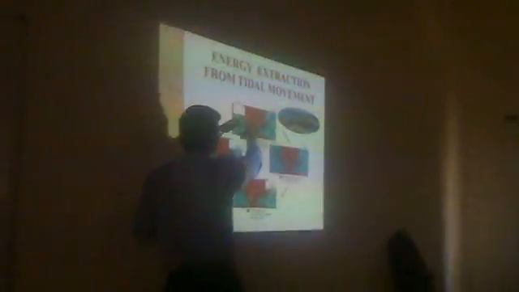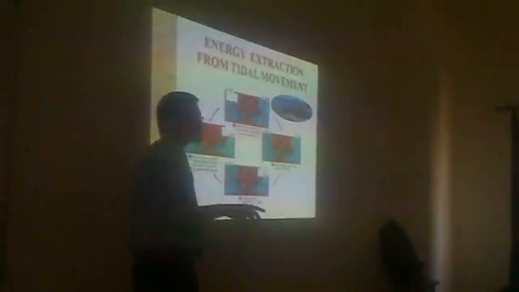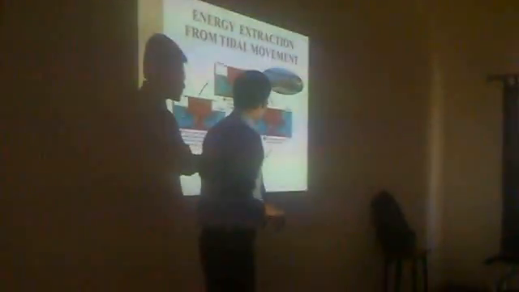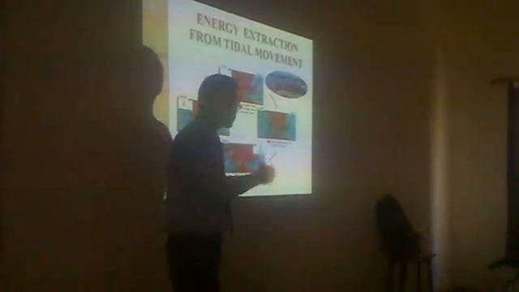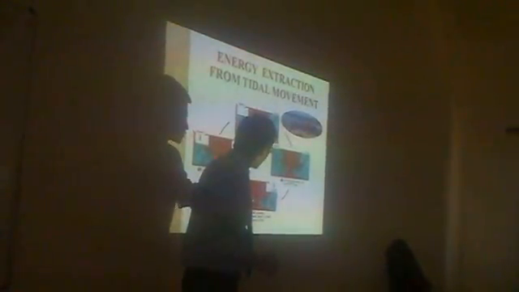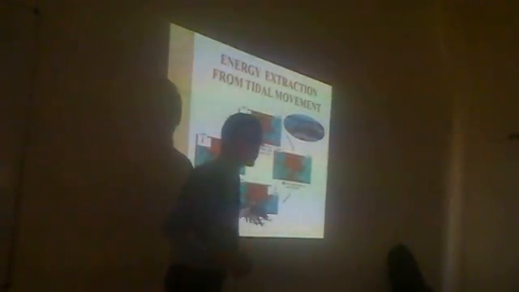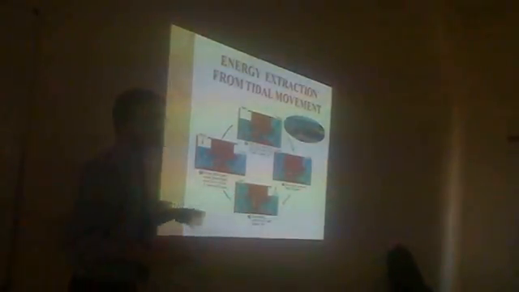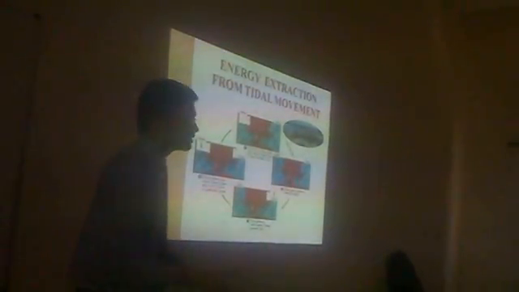Now, when the tides approach, we open the gate of this side and allow the water to flow into the basin, which increases the level of the basin, moving the turbine, which generates electricity. And when the tides recede, we again open the gates, which allows the water to flow from the basin to the ocean, again moving the turbine. This is further connected to an industrial generator and generates electricity.